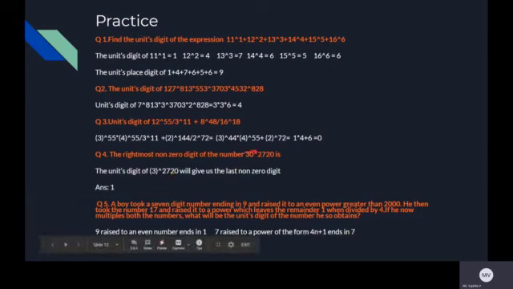So this is a word problem. Okay. A boy takes a 7-digit number. No matter how many digits there are, we are only concerned about the units place digit. Okay. So the number is ending in 9 and it is raised to an even power, right? So if the number is ending in 9 and raised to an even power, it will end in what? It will end in 1. Okay, keep that in mind.